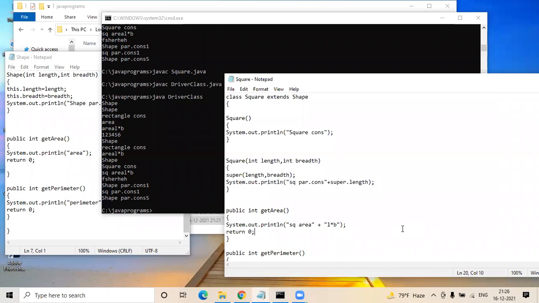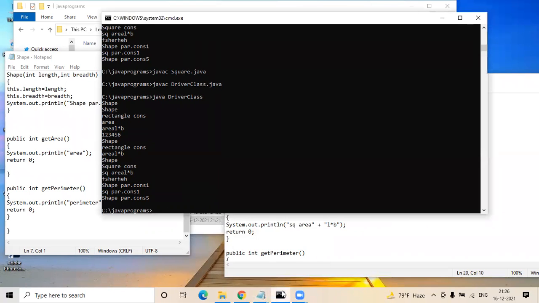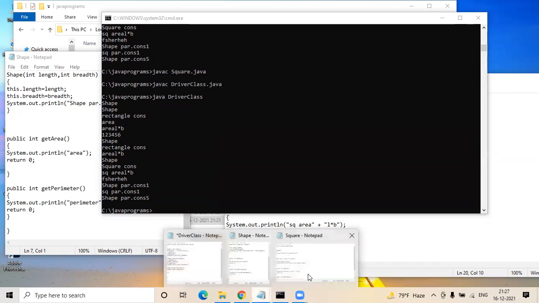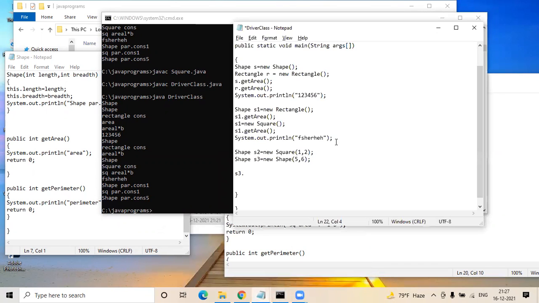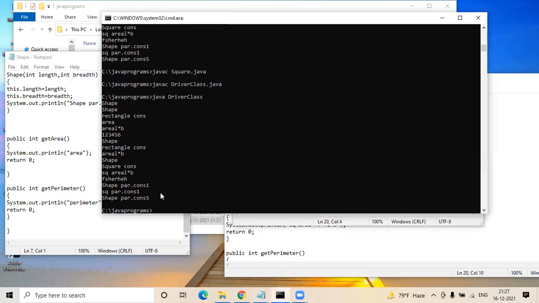Is there any difference in your output? Are you able to get the object you passed? In the first place it is 1 comma 2, and in the second place you're calling 5 comma 6, but that 5 comma 6 is not assigned anywhere.